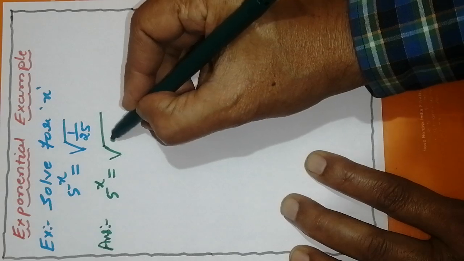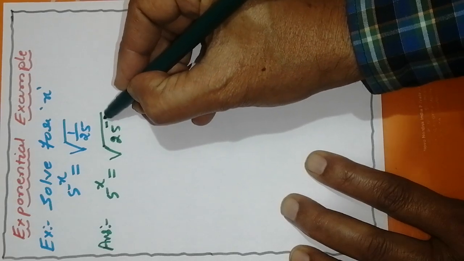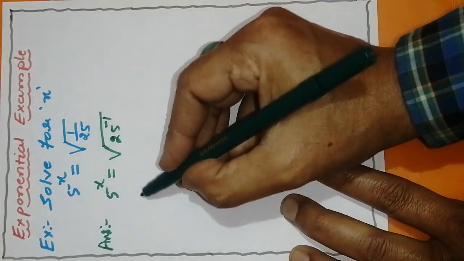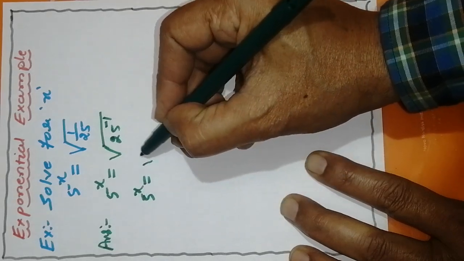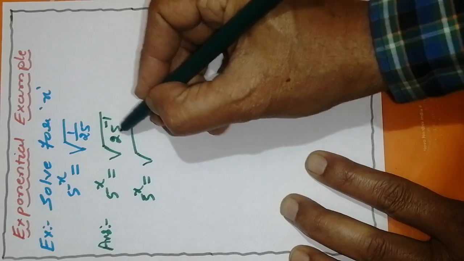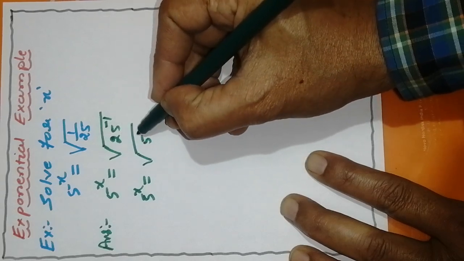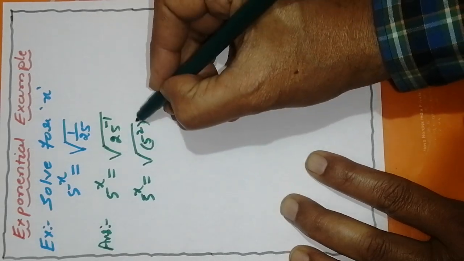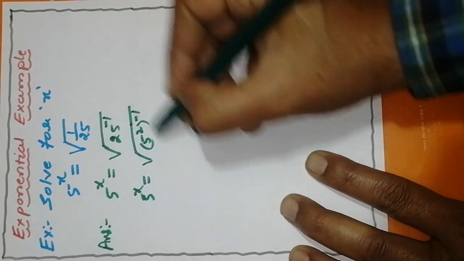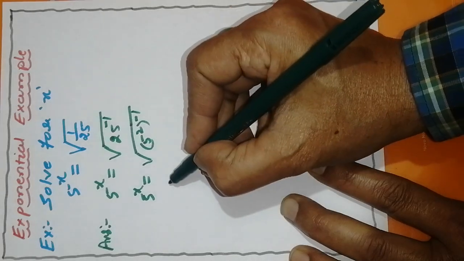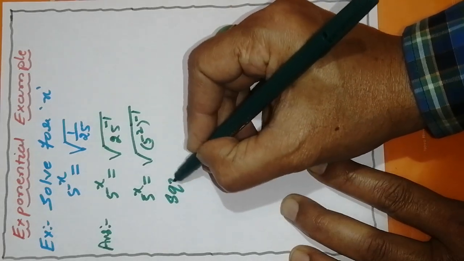We have to write it as 25 to the power of minus 1. 5 raised to x is equal to square root of 25 to the power of minus 1. 5 square is 25, so 5 square is 25 whole to the power of minus 1 by 2. Squaring both sides,